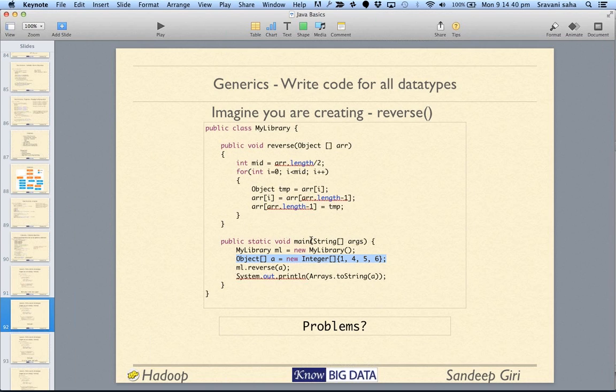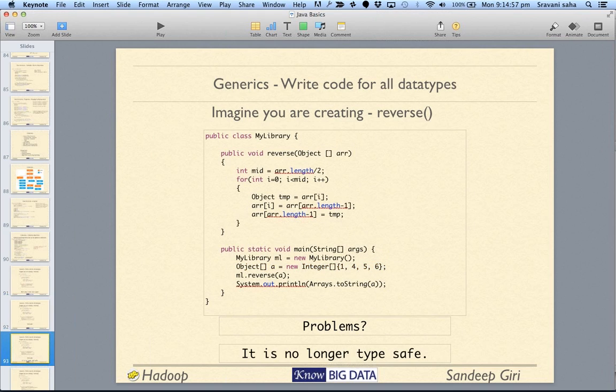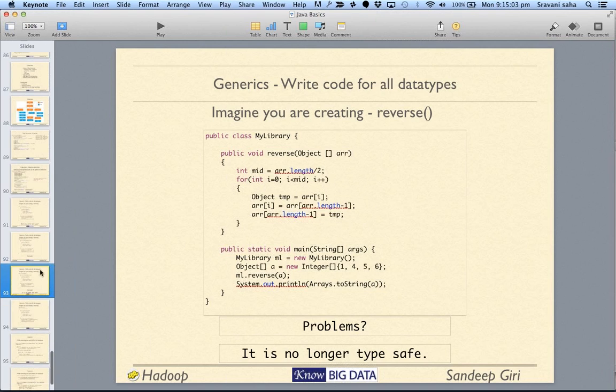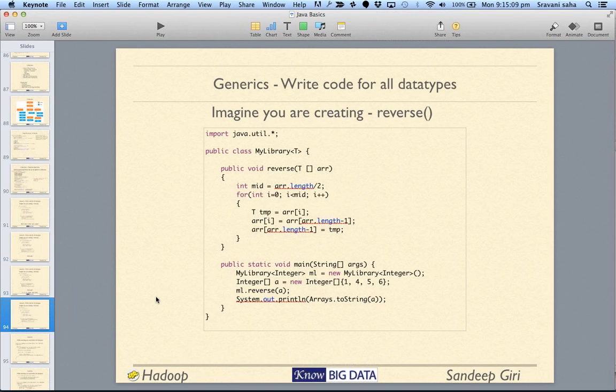Most strongly typed languages like Java, C++ and C put a lot of focus on data type safety, so that we catch the error during compile time rather than at runtime in production, right? So the solution to this problem was to create... so it's no longer type safe. Okay, now the solution to this problem was to create